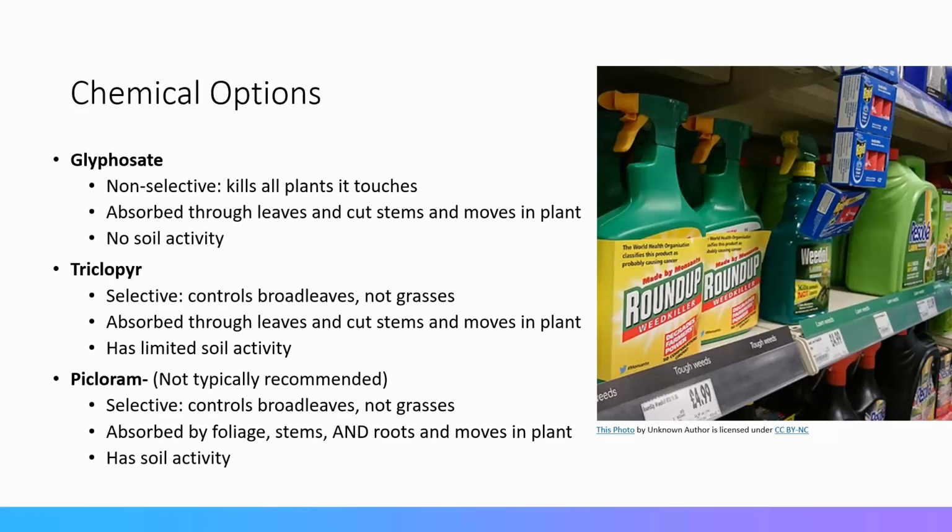And I have seen lots and lots of desirable plants in the home landscape or in a forested wooded area that have been killed because someone was trying to control another plant nearby, and that product moved in the soil and it was absorbed by the adjacent desirable plant. So I try to steer folks away from picloram, so not typically recommended. But glyphosate, triclopyr, those are the ones that you will usually see in terms of an Illinois Extension recommendation.